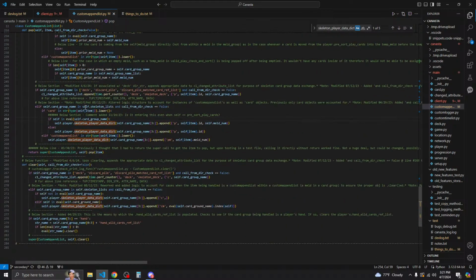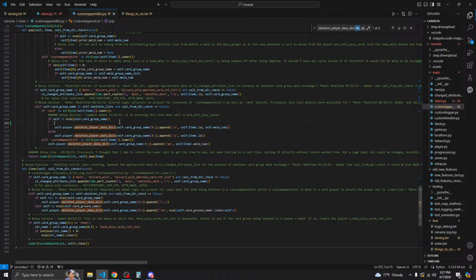So if self card name is self skeleton list column berserk is equal to false. If card in string types of if self with eval self player. Alright, so this is for a card, not a list.